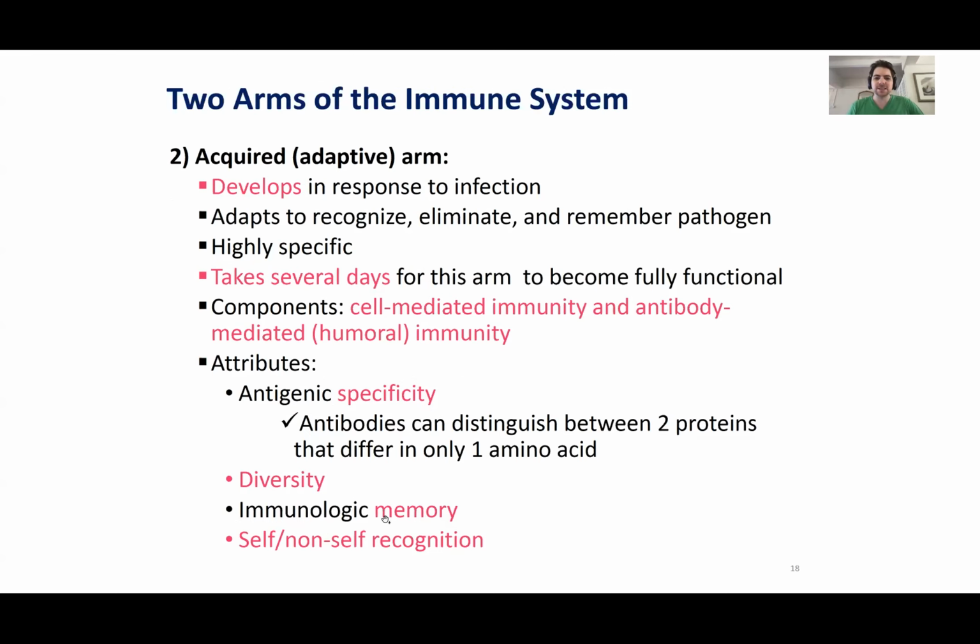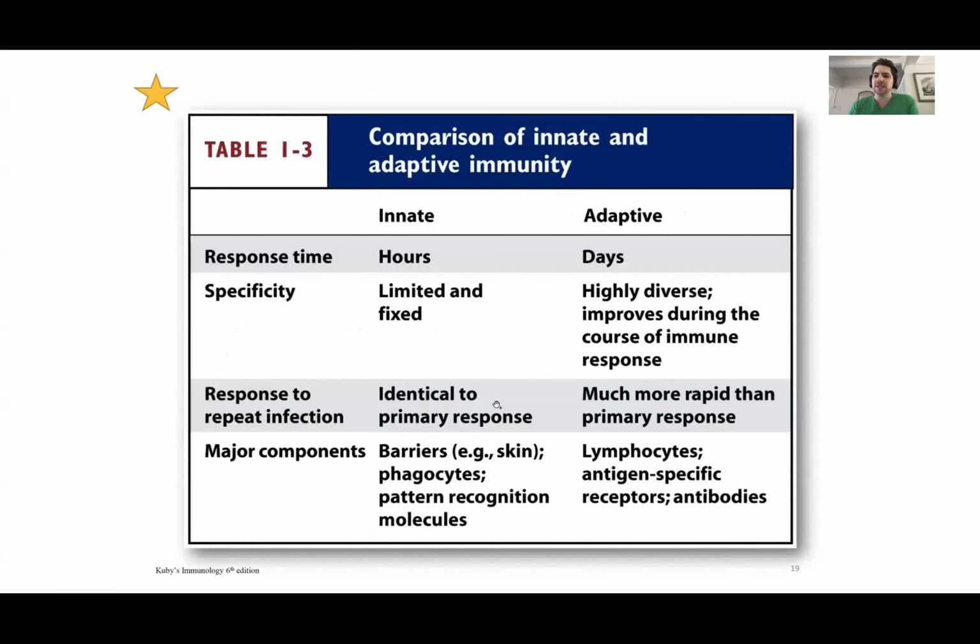Again, you get this memory formation. If you get the virus one time, you want to be able to recognize it if you get it again. The first time you get an infection, it may last 2 weeks. If you develop memory to it, the next time you can knock it out in about 3 days. There's a lot that goes into the adaptive immune system. How does your body actually form this memory? How do you even recognize it? How are you able to form cells that float around long-term to identify it? We'll get into that, and you'll get into that a lot more towards the final as well.